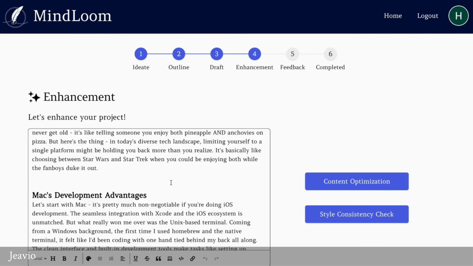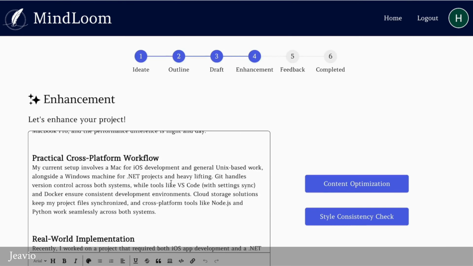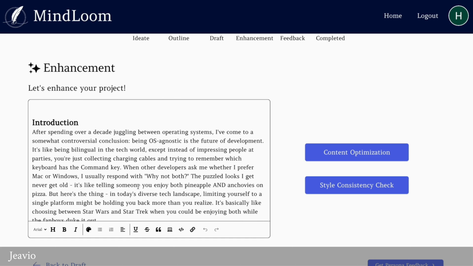So as you can see, this content is pretty simple. So I am given some editor options over here, like heading, bold, italics, bullet, underline, strike through, quotes, etc. So based on these things, you can just edit your content and make it look more beautiful and better for the reader. And you have some buttons over here,